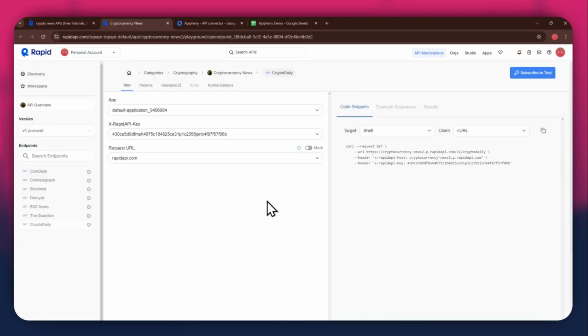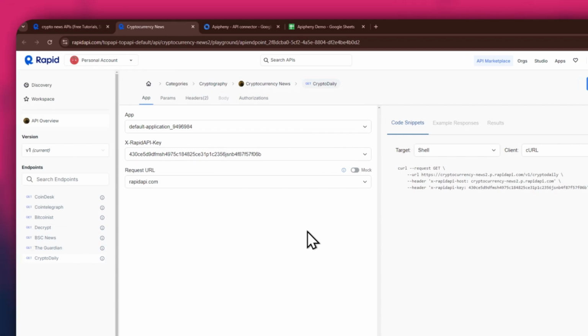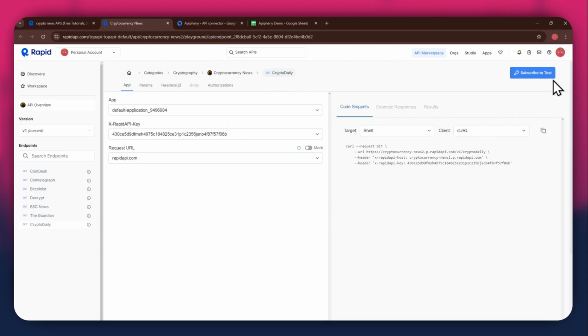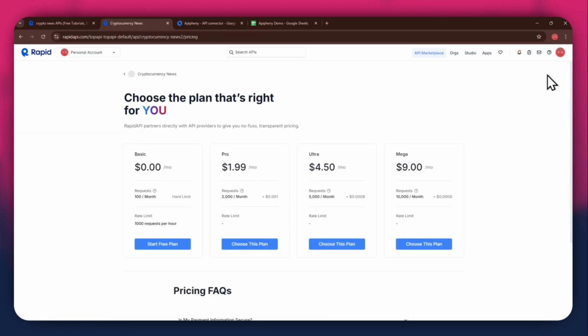Simply click on the target API and this type of window will open up. Here, you will have all of the required details like API key, endpoints, and code snippets. In order to get started with a certain API, you will need to subscribe to it first. For that, click on the Subscribe to Test button at top right corner, and all of the available plans will